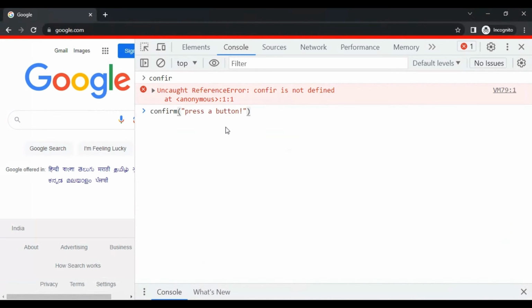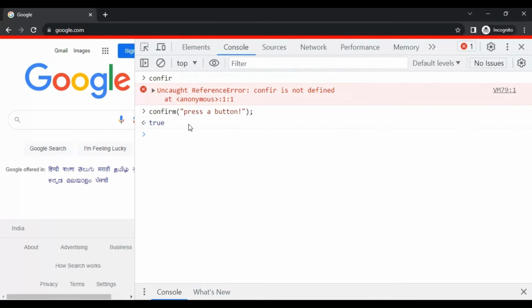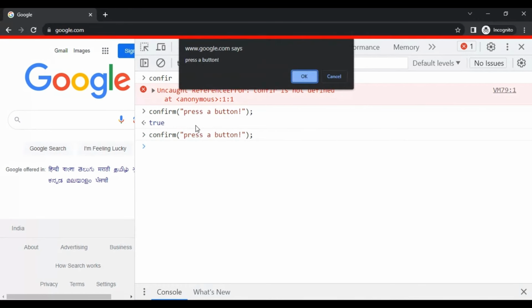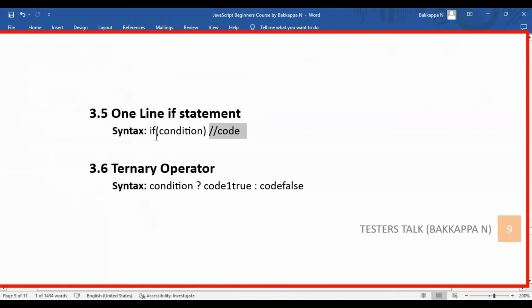So that's it, guys. If I hit enter, this brings me one pop-up. If I click on OK, it returns true as the value. And if I click on the cancel button, the output will be false, right? So if you look at this particular one-line if condition in JavaScript,